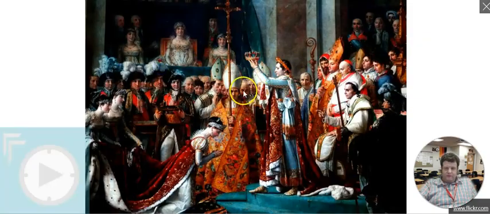Perhaps this painting is an excellent example. This is the coronation of Napoleon Bonaparte I. But what happens is Napoleon's authority stems from his own power and authority. He takes the crown and crowns himself Emperor of France, the Empire of France. Napoleon's power and the reason why people listen to him is using the military. He seized control of the government, and through the military and government officials that he appointed and gave power to, they were able to enforce things like the Napoleonic Code and whatnot.